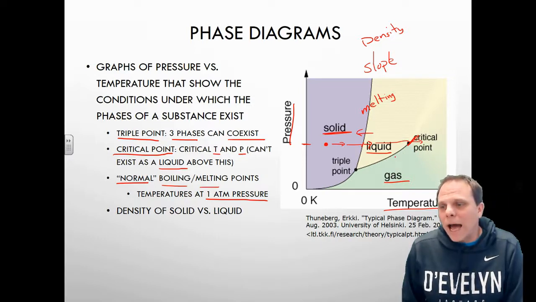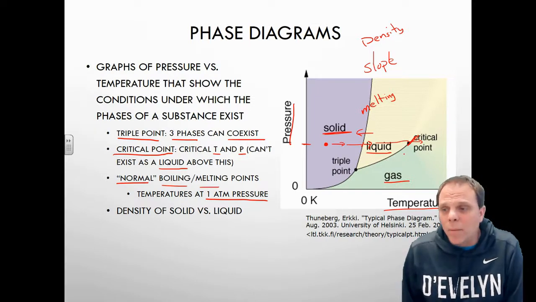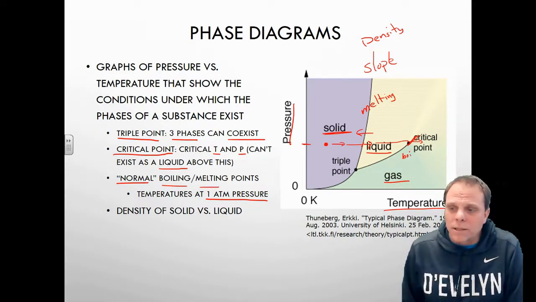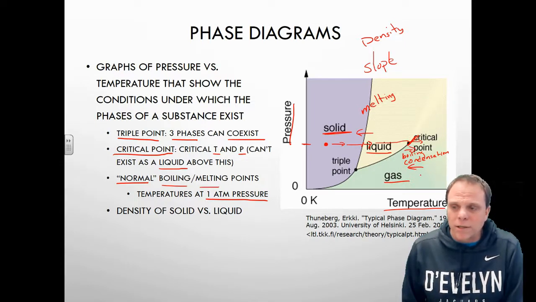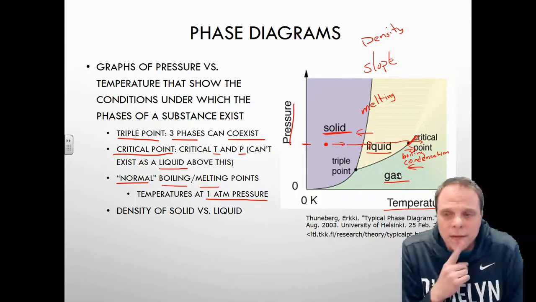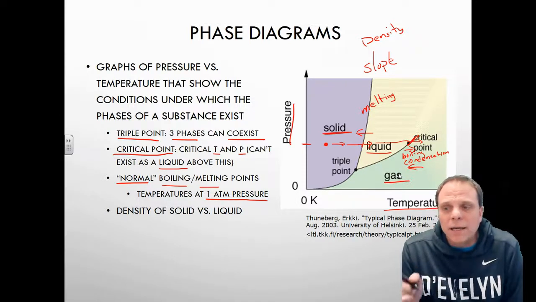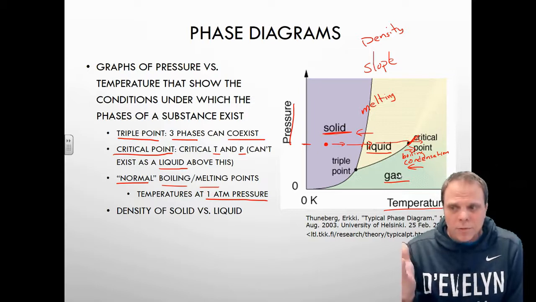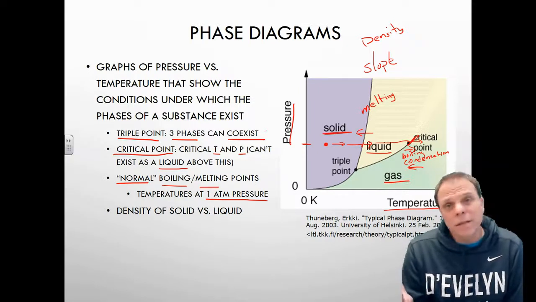And if I were to go into the gas, which is the green area, then that would be the point at which I am boiling, right? Or vaporizing. So here, this line is going to indicate the boiling/vaporization line, and then the condensation line, where it's going to go from being a vapor back into a liquid, if it's going back in that direction, right? And so boiling would be going across the line that way, condensation would be going across the line that way. And so these lines are indicating the threshold of the different phases, and that's why it's called a phase